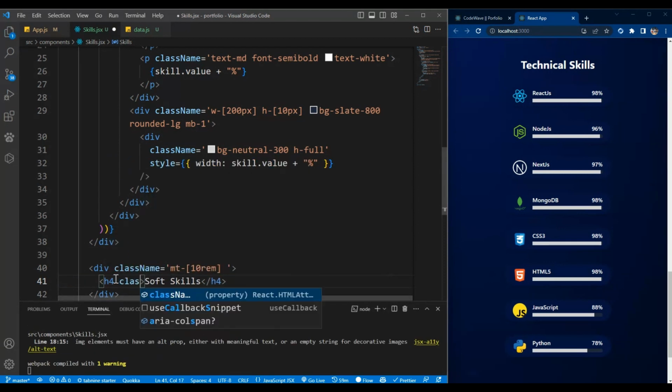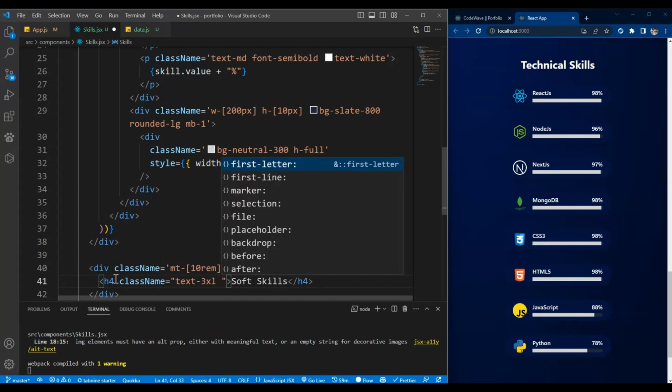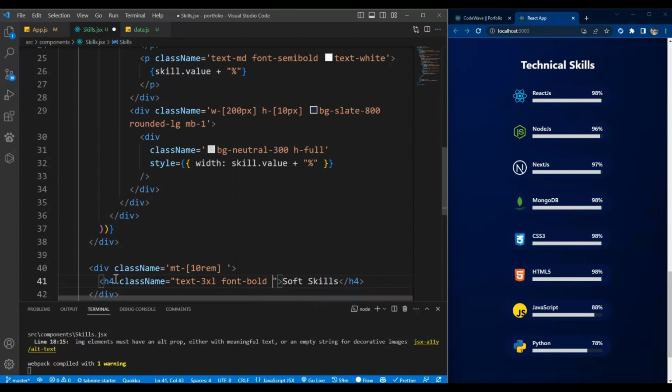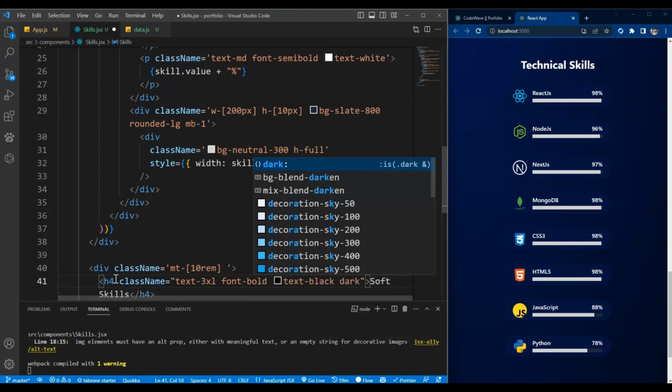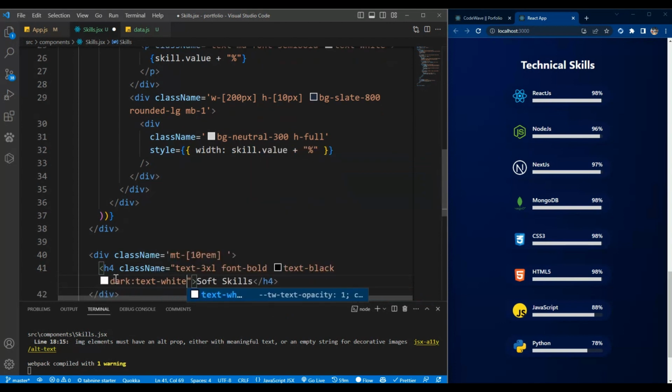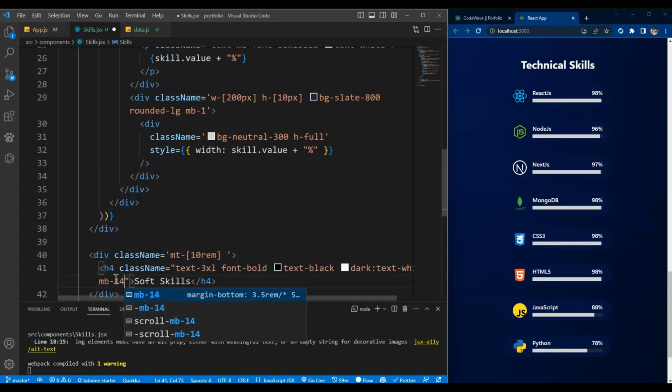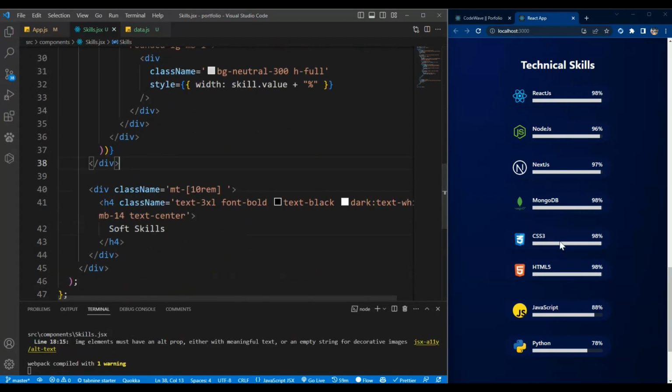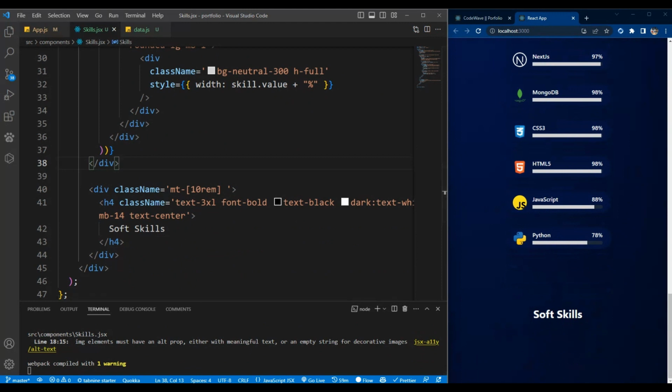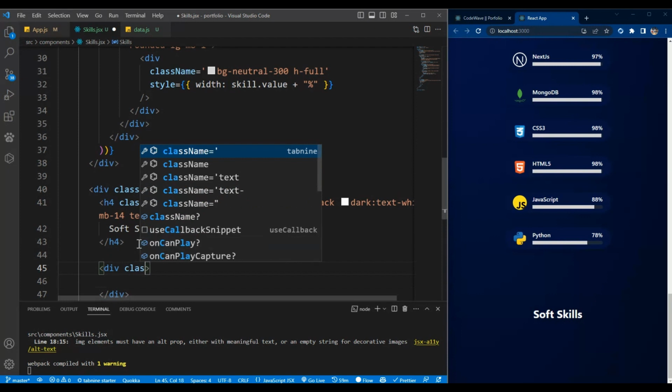and give it a class of text-3xl, font bold, the text black, and on that theme the text should be white, and margin bottom of 14 and text center. Okay, beautiful. So under it we have this div with class